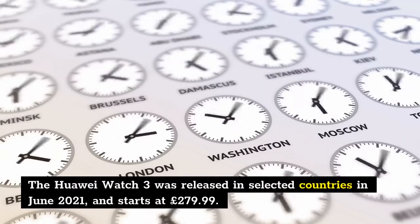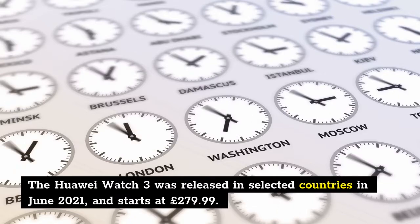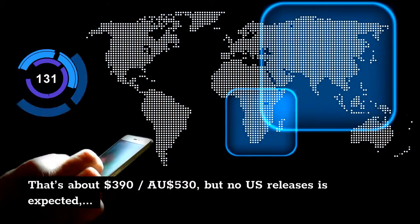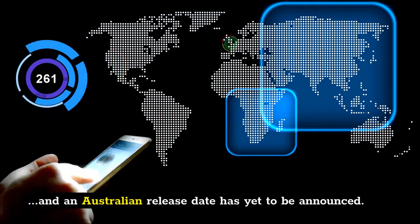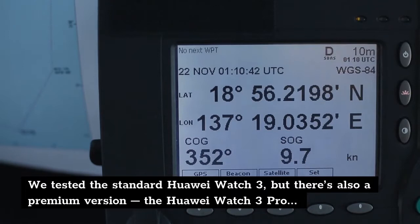The Huawei Watch 3 was released in selected countries in June 2021, and starts at £279.99. That's about $390, 530 Australian dollars, but no US release is expected, and an Australian release date has yet to be announced. We tested the standard Huawei Watch 3, but there's also a premium version, the Huawei Watch 3